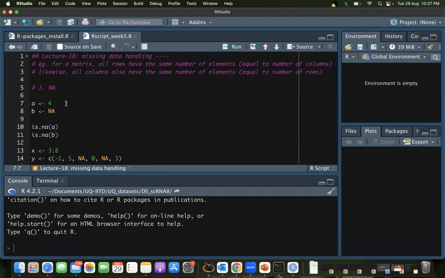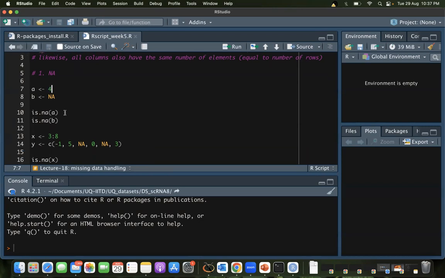Okay, so we start off with missing data values. Before that, there are 3 types of data, or 3 types of variables, that we are mostly going to work with. The first one is a single value. It could be an integer, a decimal number, or a character, so a numeric or character type, but a single value. The second kind of data is a list or a vector, a data vector which has multiple values. The first value has index 1, then index 2, and so on.